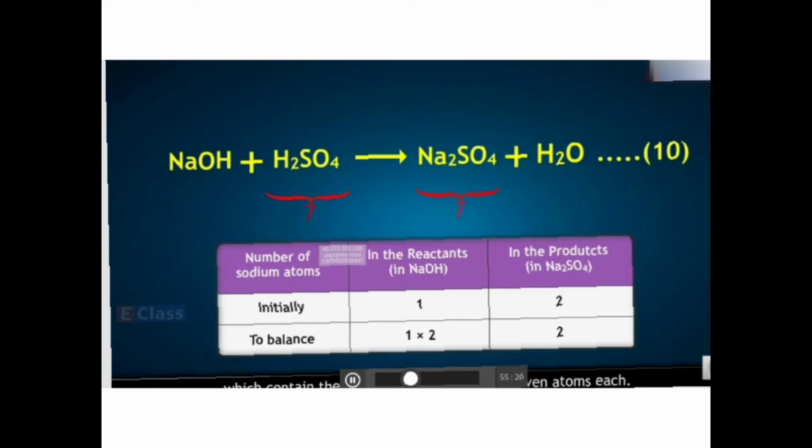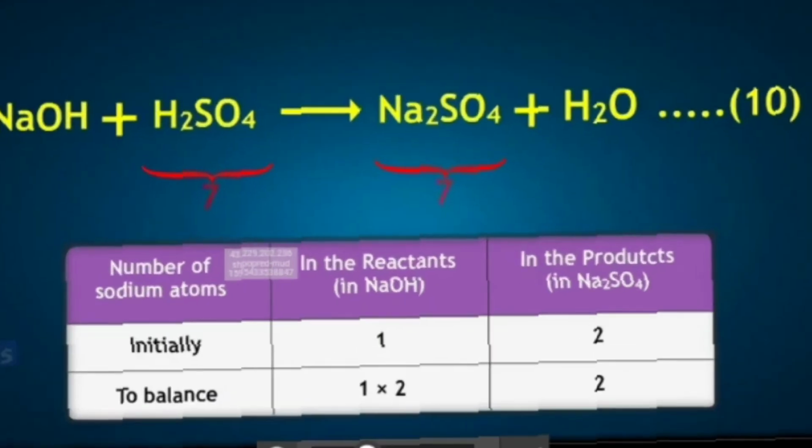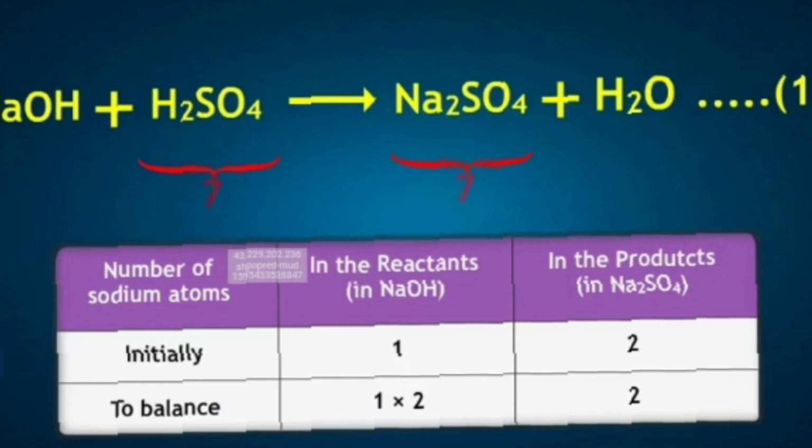There are 7 atoms in these, so I have to start thinking of balancing about these first. Moreover, it is convenient to first consider that element in the compound which has unequal numbers of atoms on the two sides. So what is unequal, that also I am going to consider. I am going to consider the sodium atom now. Sodium atom was not proper, right? In the reactant part it was 1 and in the product part it was 2. So I have to do it.